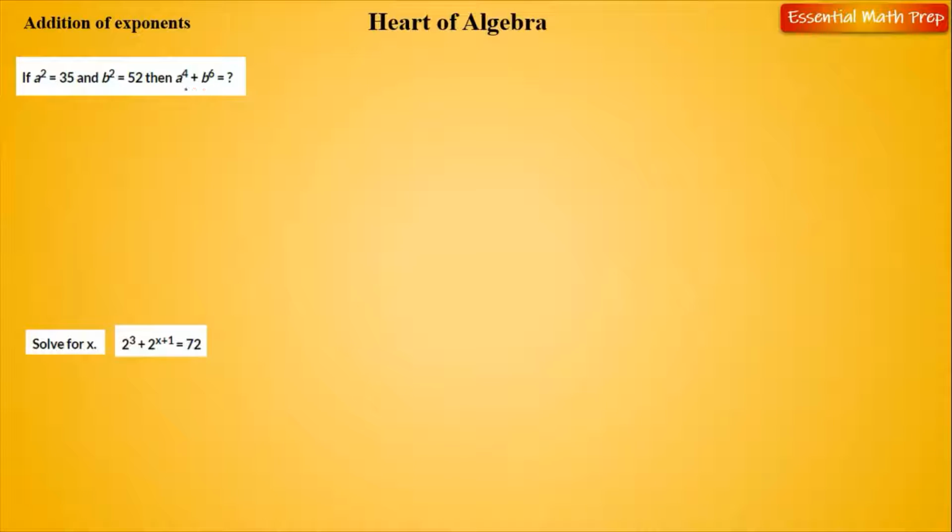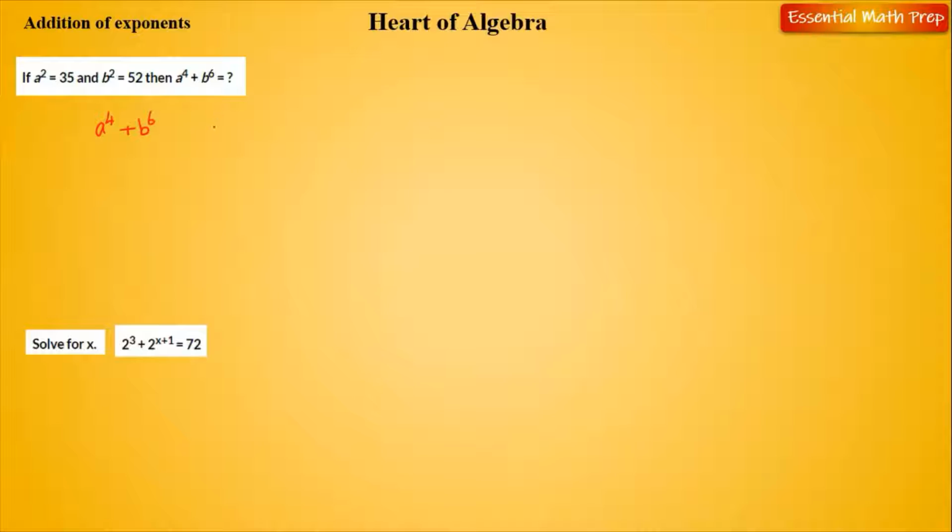And what they want is not in squares. So is there any way you can convert what you want in terms of squares? If you can do it, then you make your life easy, and the problem literally takes maybe 30 to 40 seconds to solve. So let's go ahead and actually write what we want, which is a power 4 plus b